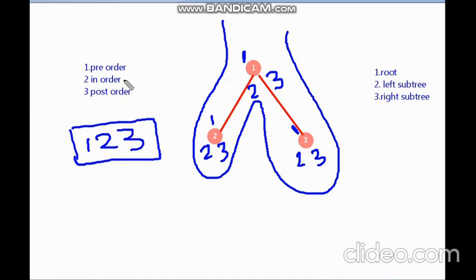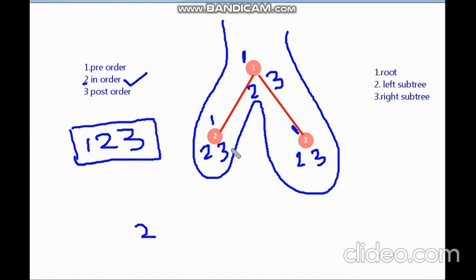And for example, if you want in-order, that means 2, right? So while traveling, if the digit 2 is visited, then print that particular node value. So let's say I am traveling like this, and don't think 2 is visited here, because 2 is inside the edge. Here we have not visited. So I am traveling like this. Yes, 2 is visited. So this 2 is for the second node. Hence 2 is printed.